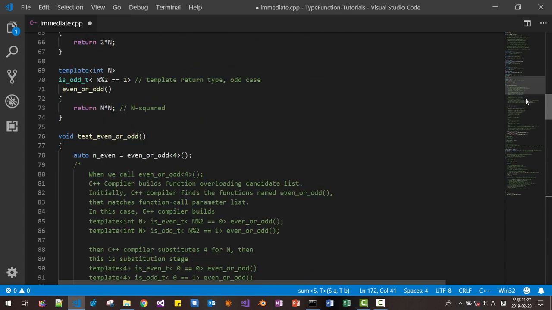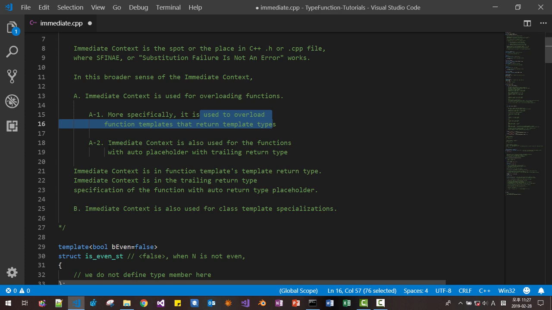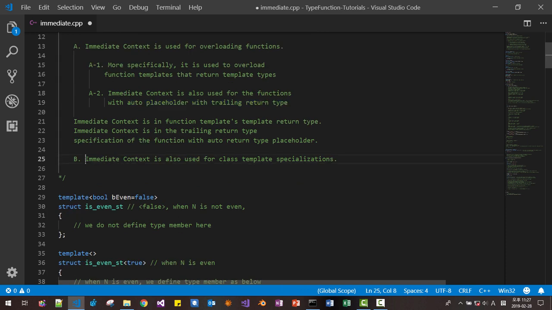In summary, we learned immediate context in this session, and we learned immediate context is used to overload the function templates that return template type. Then we also learned immediate context can also be used for the functions with auto placeholder with trailing return type. In some future sessions, I will also talk about immediate context also used for class template specialization.